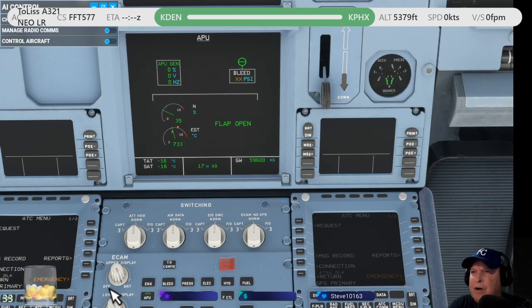Okay, the engine's starting up. We're waiting for the generator to show that it's putting out and that the bleeds are ready. Like I say, it appears they're working on this Airbus and trying to make it as accurate as they can, but it is time consuming. And this is freeware, so you don't even have to pay for it. So they'd probably like a donation, but